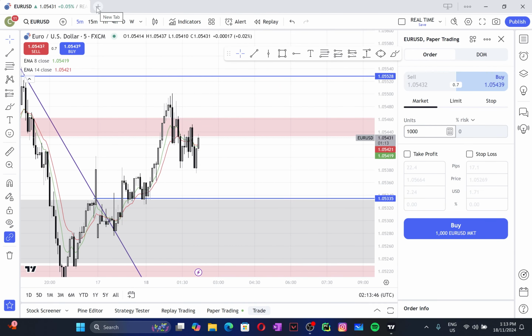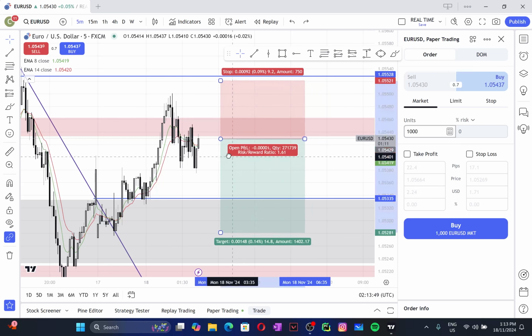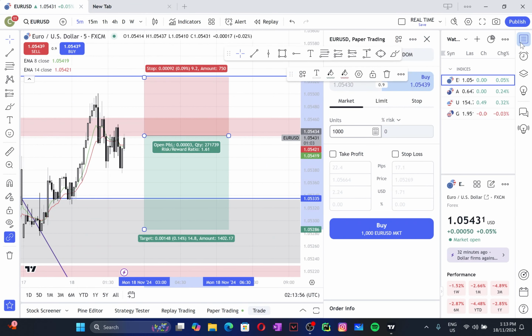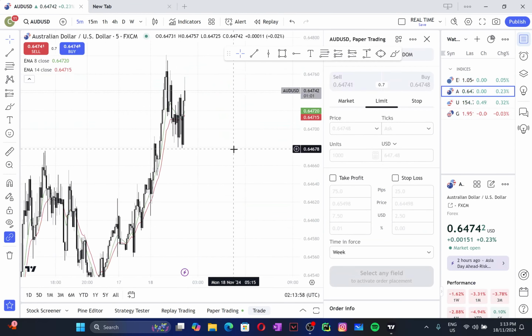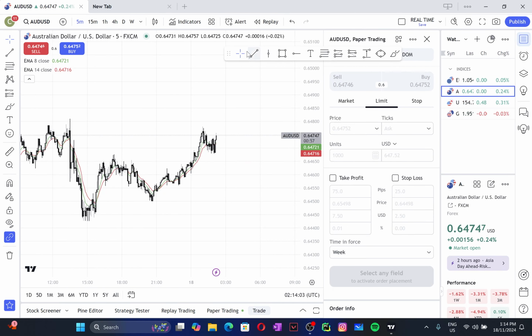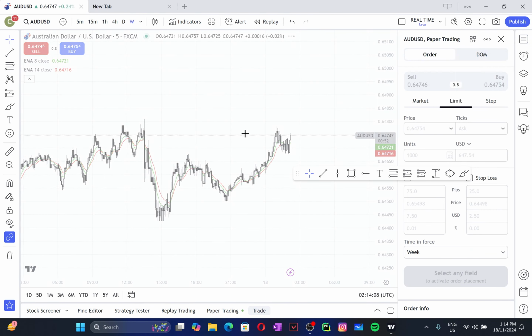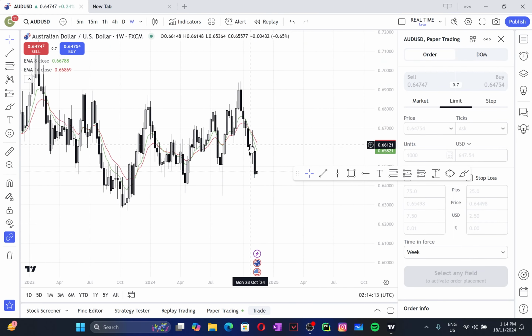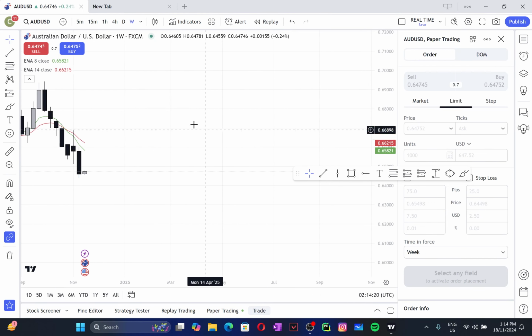Okay, so let's just keep this over here, and until that works out for us, we're gonna go to the next watch list. Okay, so let's go about the AUD USD, where we buy in AUD and sell in USD. So what I'm gonna do is go to the weekly time frame and see how the graph is. All right, so in the weekly time frame, it's consolidating, to be precise, but